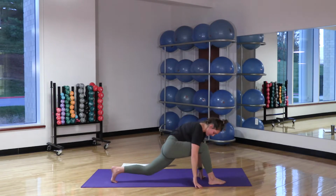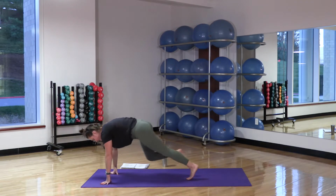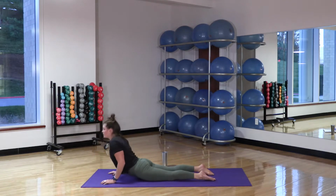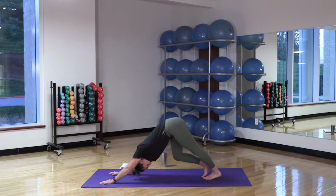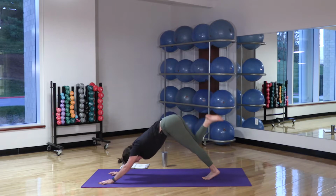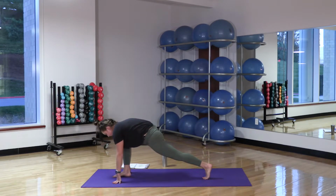and wherever you are, coming back down through your low lunge, planting your hands, stepping back into your high plank, coming through your Chaturanga, pushing up and back into your downward facing dog, pedaling out your feet. Pausing here, inhale, bring your right leg up towards the ceiling, squaring up your hips. Exhale, planting your right foot in between your hands, back into your high lunge,